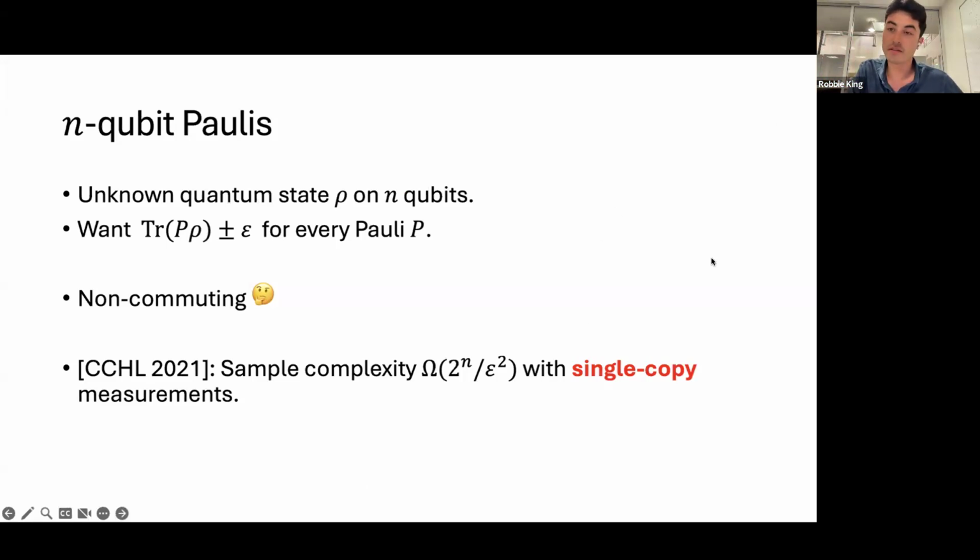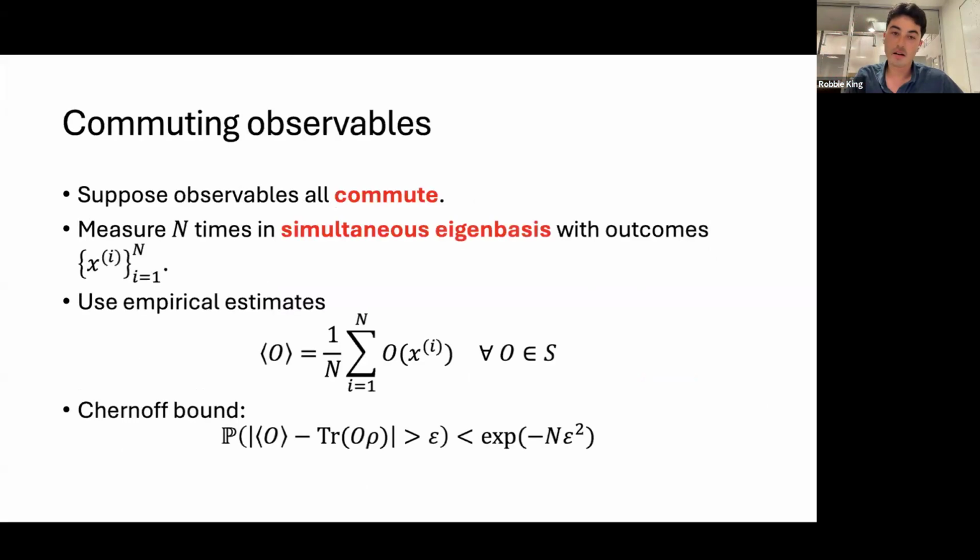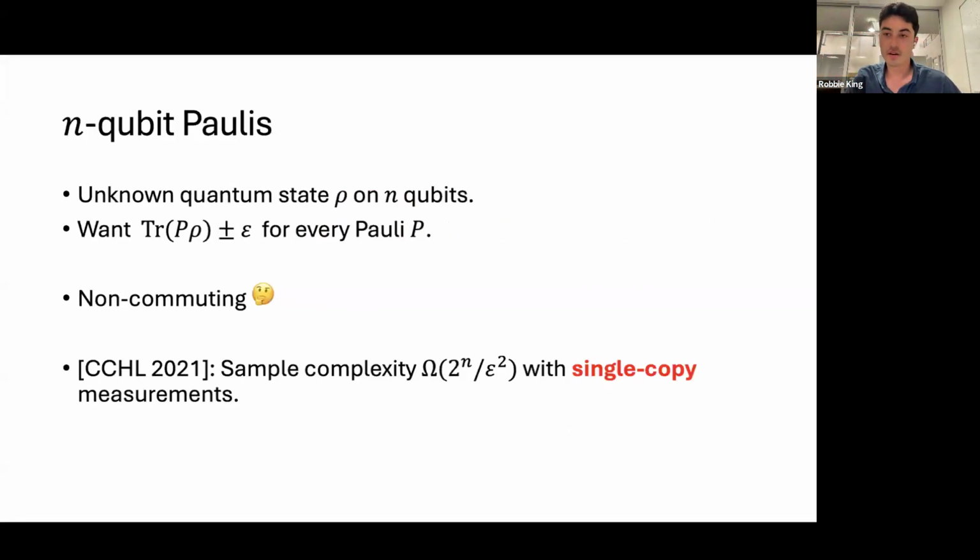And you can formalize this intuition. In 2021, these authors proved a result that says that if my protocol is restricted to only measure one copy of the state at a time, so in particular, the previous commuting case falls into this category, then to learn all of these Paulis, we need exponentially many copies of the state. So 2 to the n copies. Which makes sense when you think about it, because we're going to need exponentially many different bases to capture all of the Paulis.